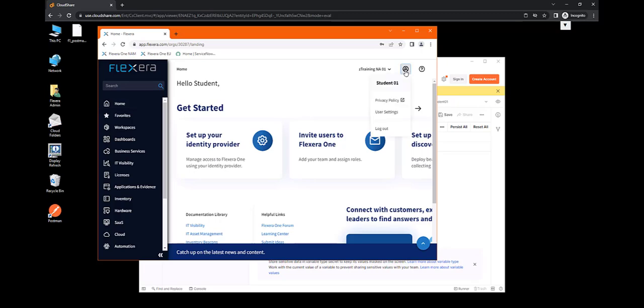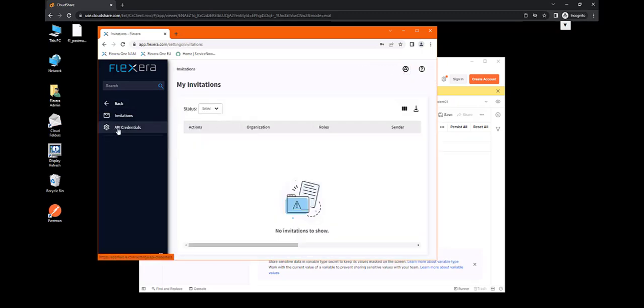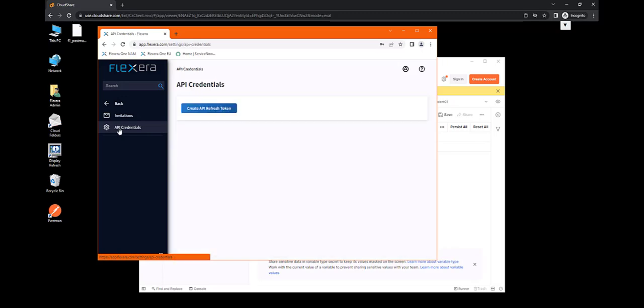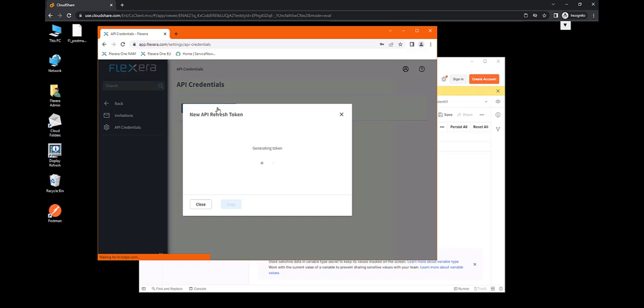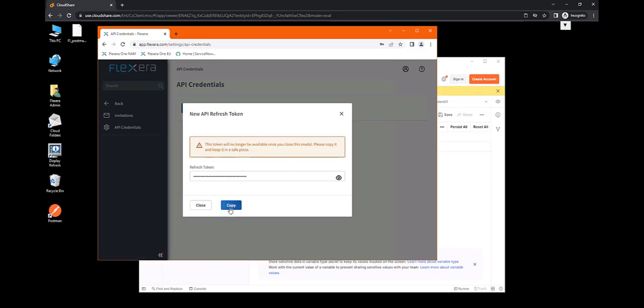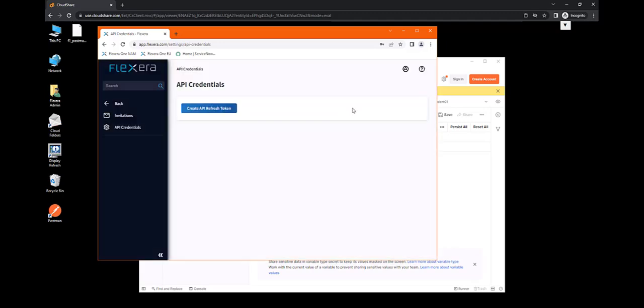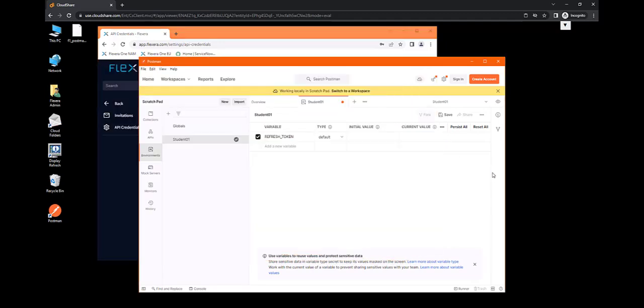Under your profile picture, go to user settings, and then click on API credentials, create the API refresh token, and then click on copy to put that into the clipboard. Return back to Postman, click on the initial value field, and then paste that value in. And we'll click on save here,